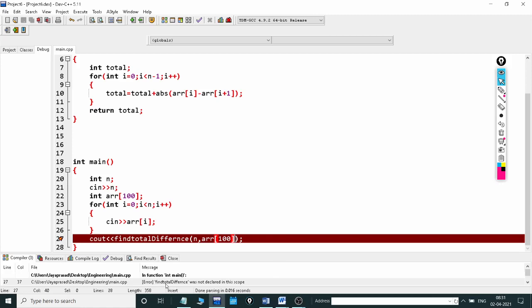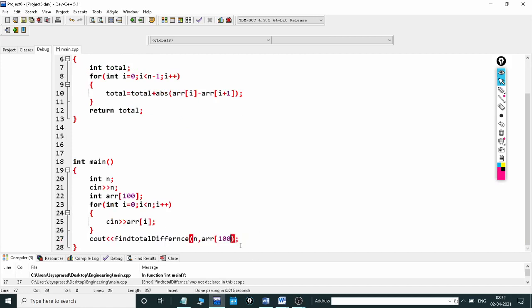Yeah, findTotalDifference was not declared in the scope. So not declared in the scope means what? See, it is a function, right? Function call, findTotalDifference n comma, no, I no need to declare here this one, correct?